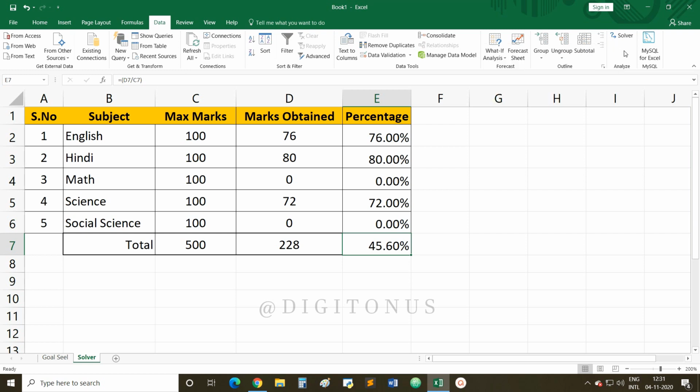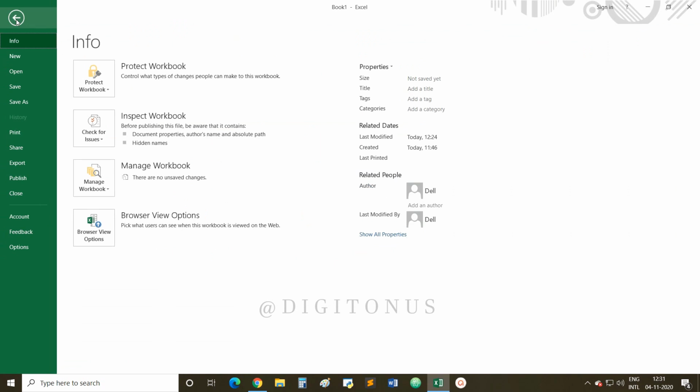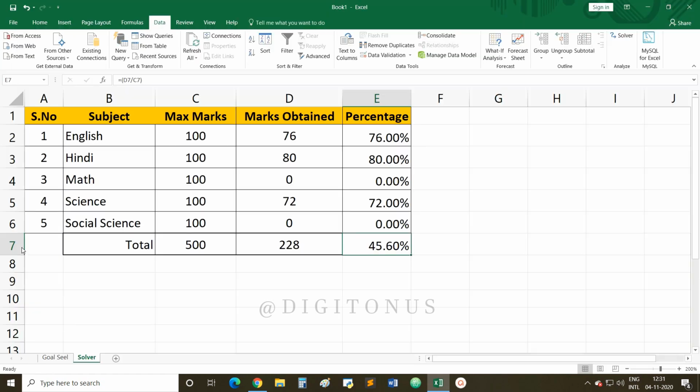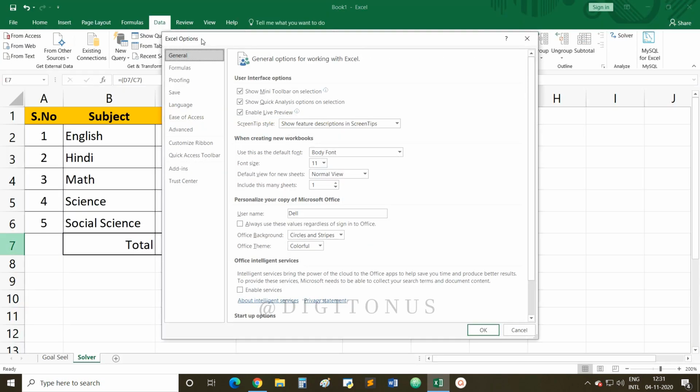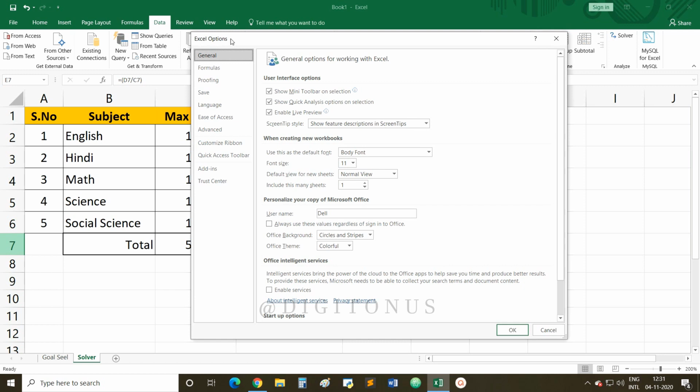Now how to use this solver feature? You need to go to the File menu, just click on the File tab. Now go to Options. Once this Excel Options dialog box opens, click on Add-ins.